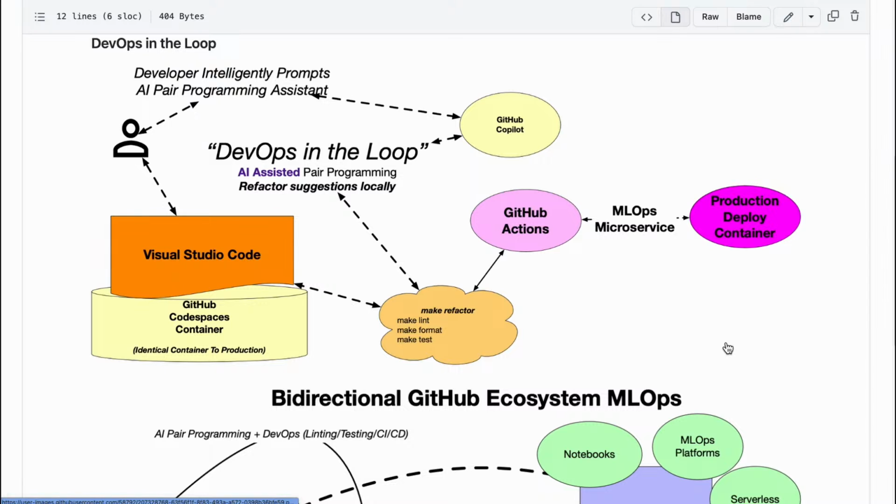And what that means is that you have a makefile inside of your project, which I'll go through in a second, that allows you to do reproducible steps that the build system will do. And so this would be make lint, make format, make test. Once you set it up, you really don't have to do much to tweak it in the future.